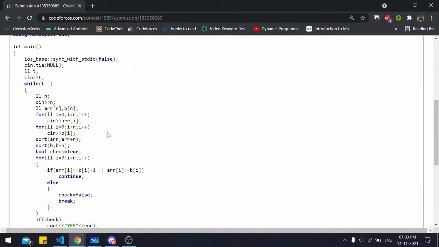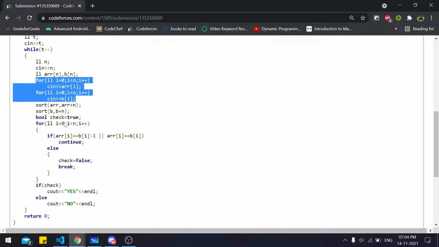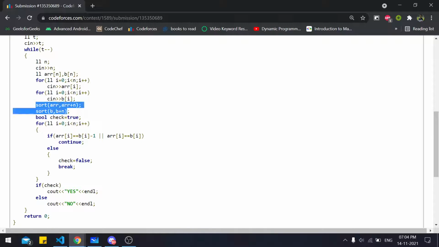Okay, so this is the code. First I take in the number of test cases, then the size of the array, then both of the arrays, and this is the STL function for sorting. Now this is the flag variable that I talked about. It is initially set to true, and if any condition occurs where A[i] is not equal to B[i] minus 1